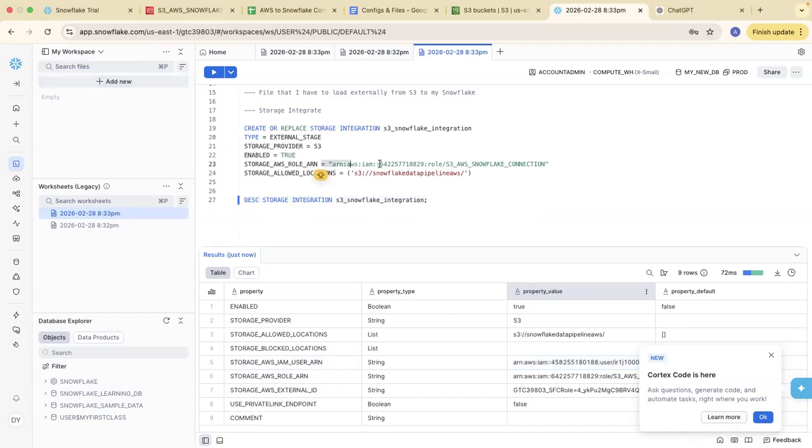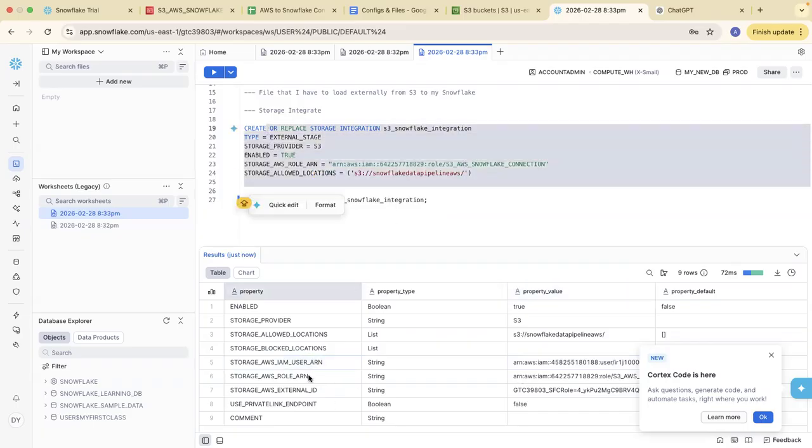S3 configurations I have written here, but Snowflake also has given me an ARN for connecting with S3. So two things I have to use: one is the user ARN, and second is the storage AWS external ID. Once you have created this integration, you get an external ID and a user role ARN.